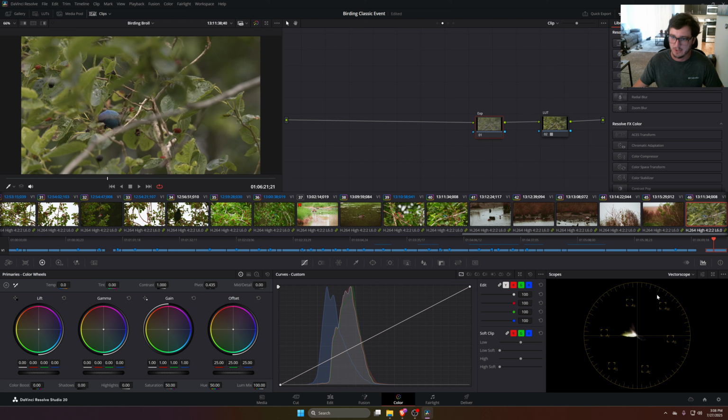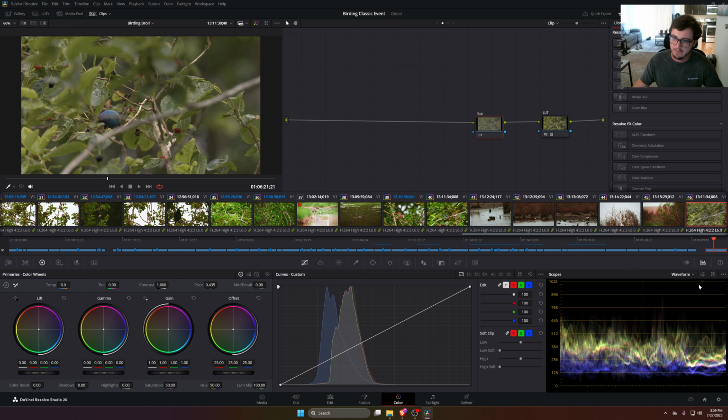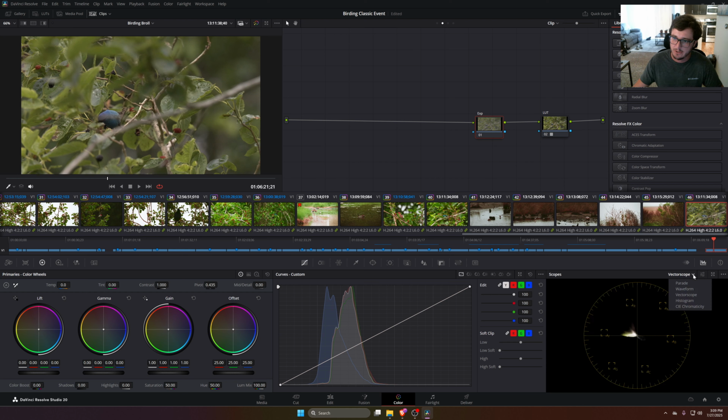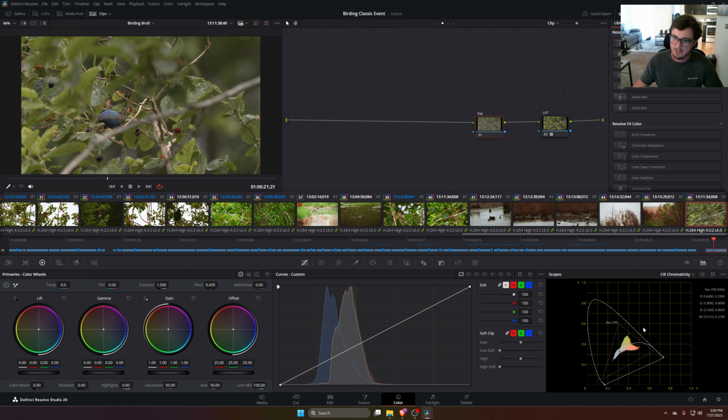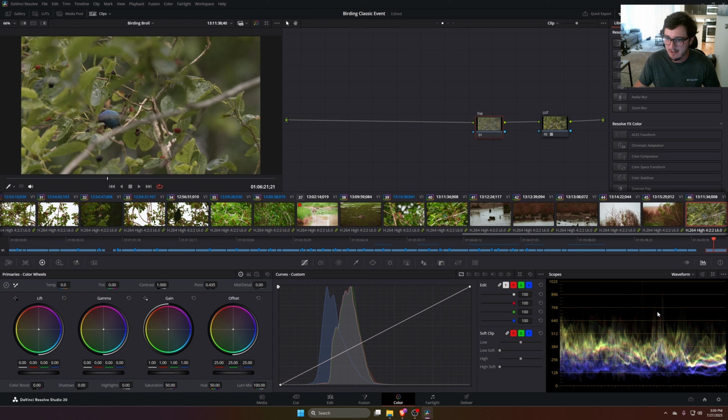So right now I have the vector scope open. If you go over to where it says vector scope, there's a little arrow next to it, and click that, and we have all the different scopes DaVinci Resolve offers. So we have our parade, our waveform, vector scope, histogram, and this one that I just never use and don't really know what it is. But for exposure, let's look at our waveform. So I'm going to select that waveform, and here is our waveform. You can see we're actually doing pretty well here. Not much we really need to adjust for exposure,